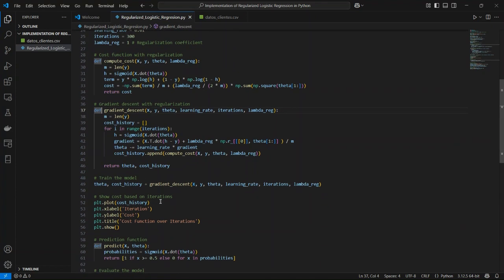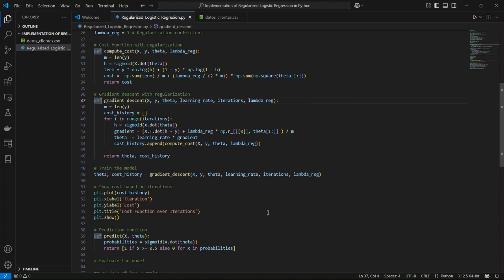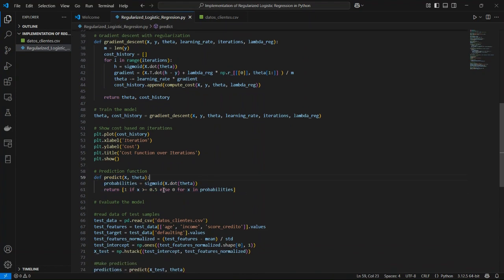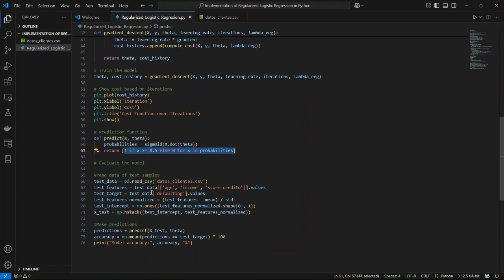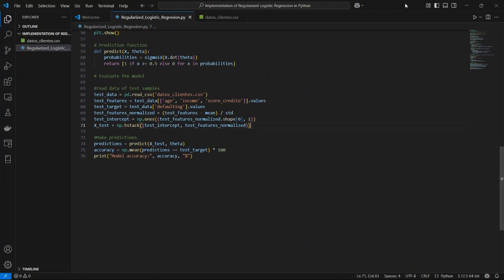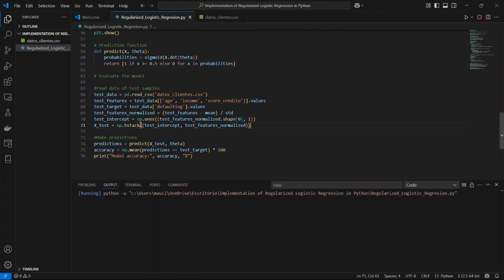Then we get our predictions in the define predict right here using x and theta, and make a return in a probability scale instead of a value. Then we get our predictions, make the read data for our sample. So if we run this, we are going to see that the function and